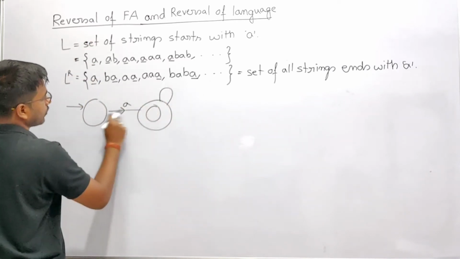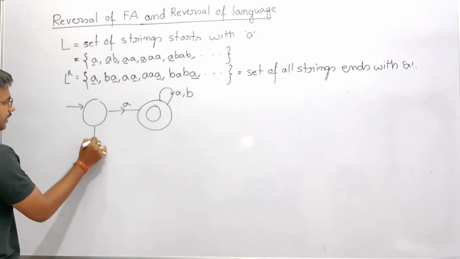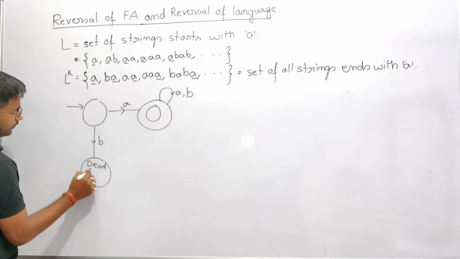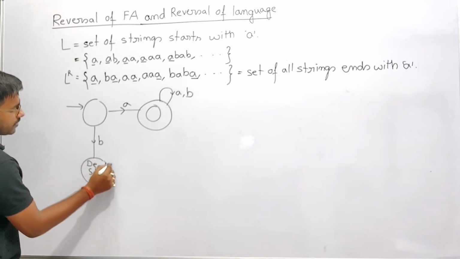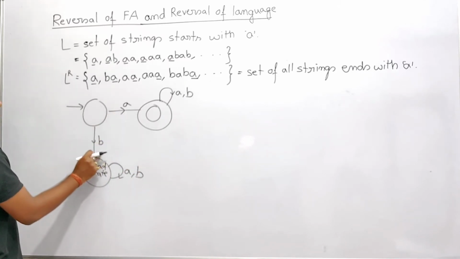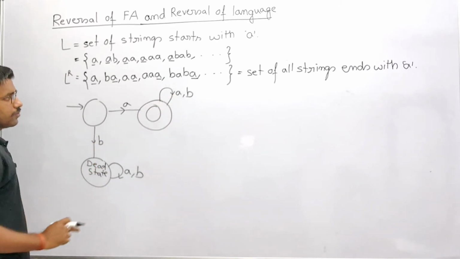After that, it gets A. Then after that, if you are getting any combination of A, B, accept it. But if you are getting B, reject it; that is a dead state. If you reach this state, then after getting either A or B, stay there. For this state, I have given the transitions on A and B. Here also A, B, here also A, B.